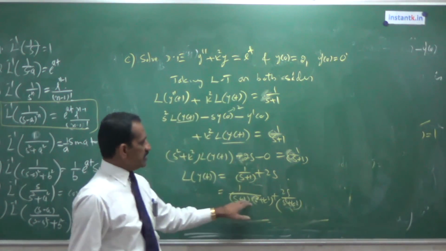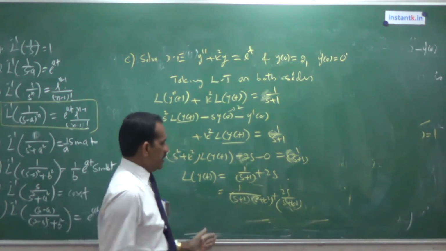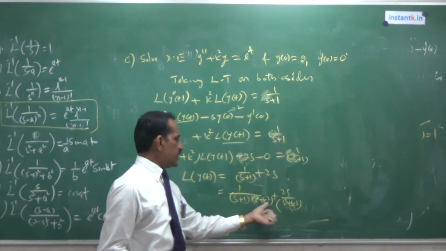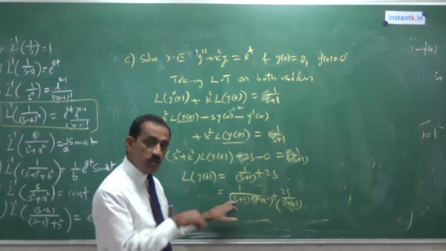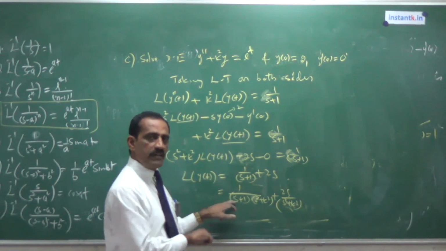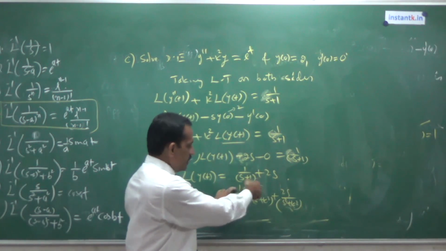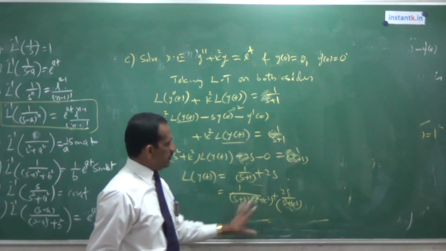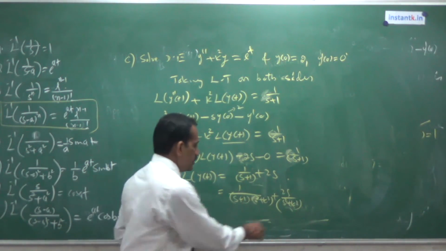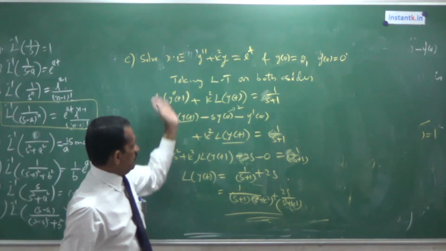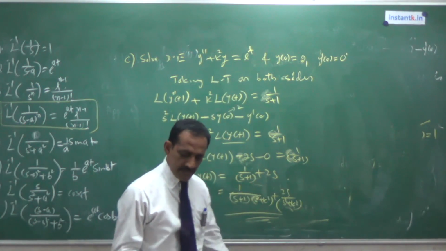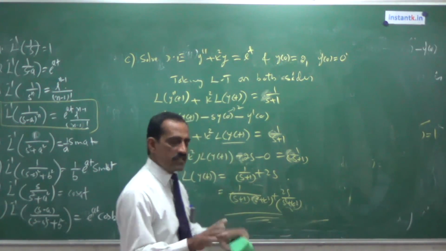Now, for this, first you have to get the Laplace inverse. How do you write? Write the numerator in terms of the denominator. I need one only. We shall write s square plus k square minus s square, so that k square we get, and multiply 1 by s square. So you can rewrite. This is how to get the inverse Laplace transform. So if you get it, it will give the answer. It may be 0, it may be non-zero. Anything may be given. In all cases, the method is the same. So that is how to answer this type of question.